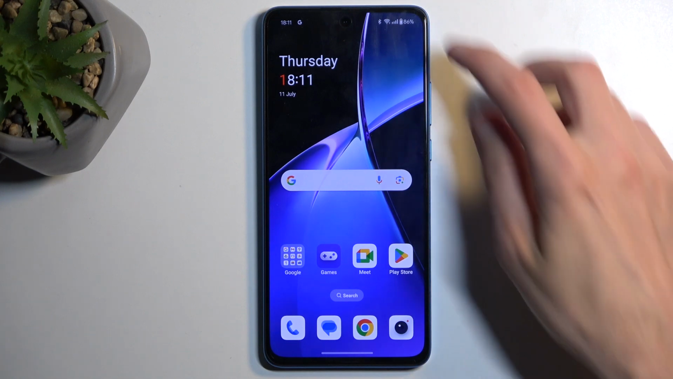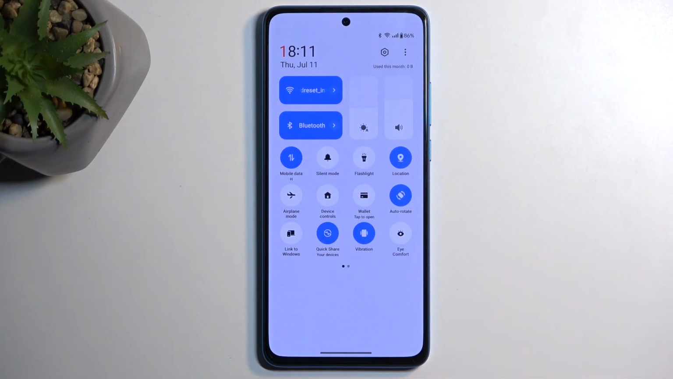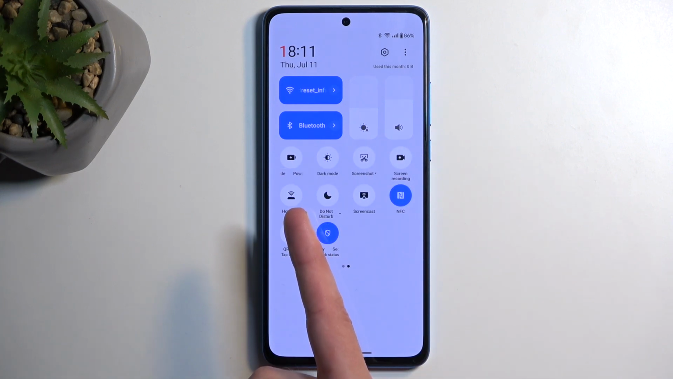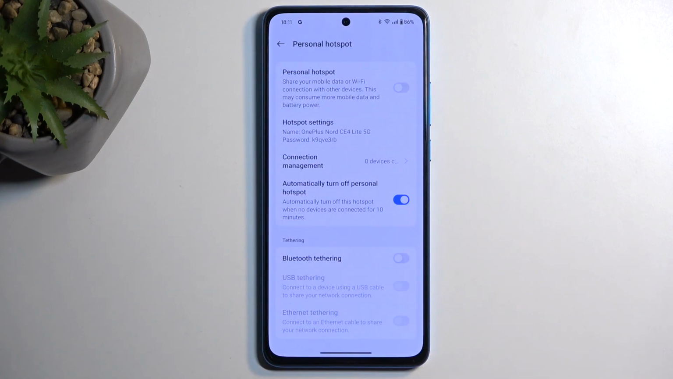So to get started, pull down your notifications by swiping down from the top of your screen and then swipe down once again to extend the list of visible toggles. On one of the pages you should have a hotspot toggle. For me it is on the second page right over here. Once you see yours, you can hold it the first time around and this will quickly take you to the